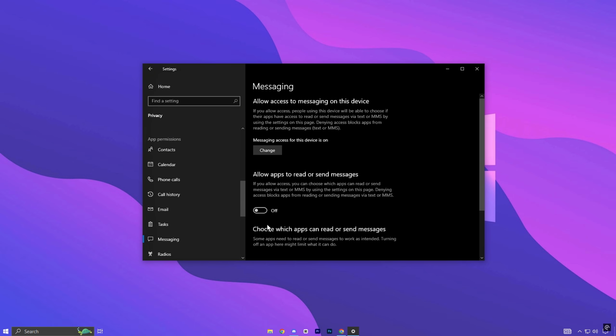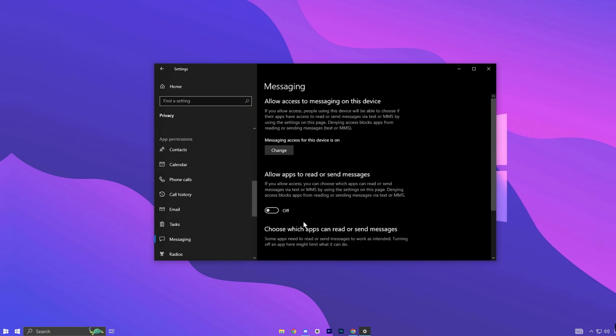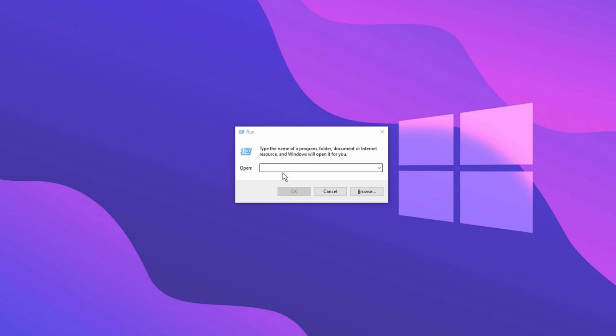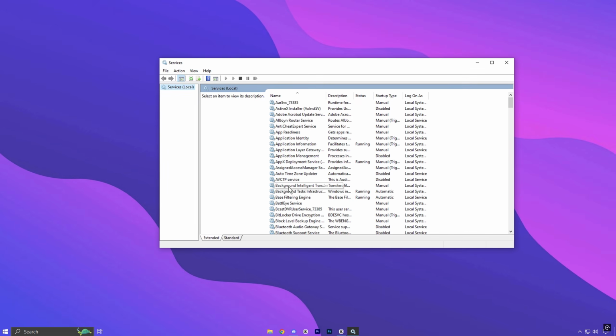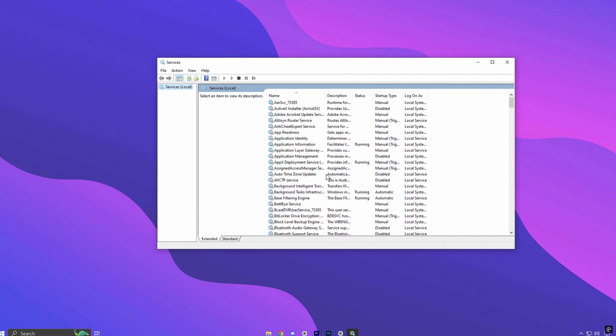Disabling these permissions not only improves your privacy, but also reduces the resources your system uses, making your computer run smoother and more efficiently. Let's move on to disabling unnecessary services. To do this, press the Windows key and R at the same time, then type in services.msc. This will open a list of services that are running in the background and increasing the number of processes on